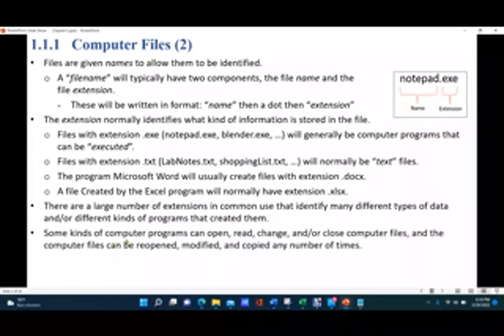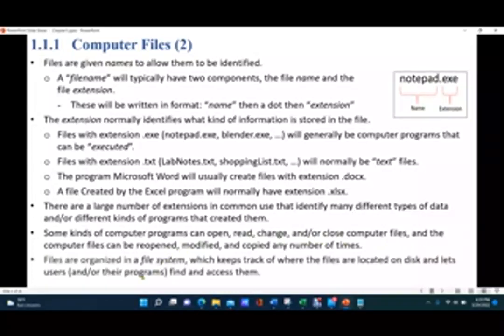There are computer programs like Notepad, Word, Excel that can open and modify and save other computer files. The files are organized in